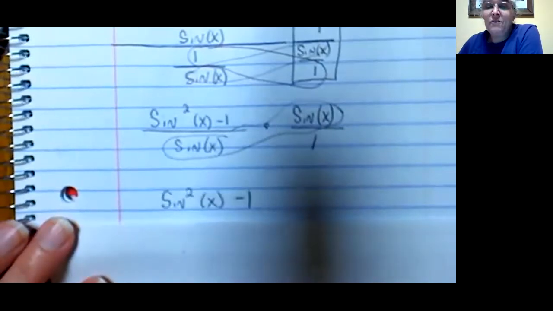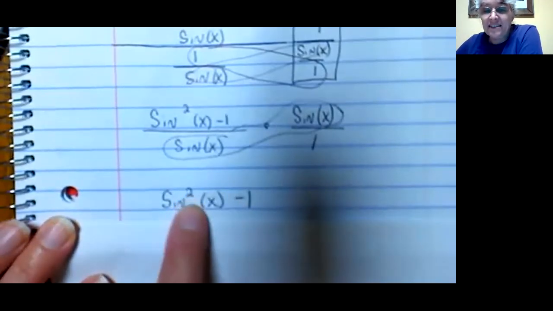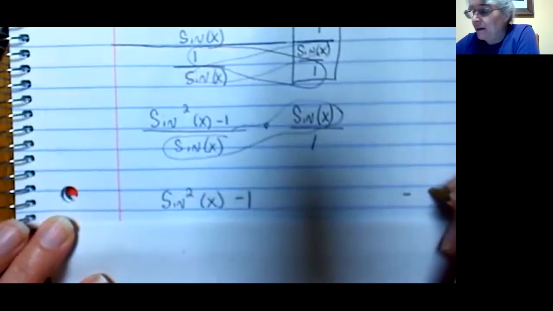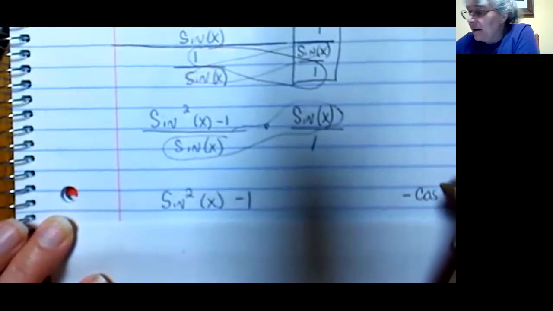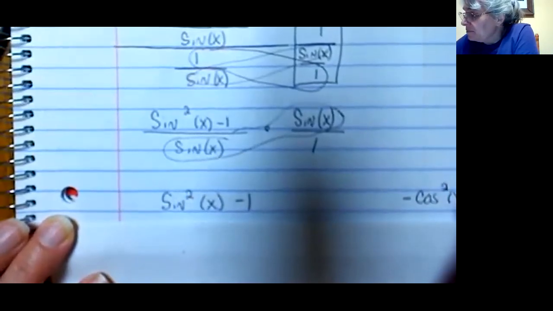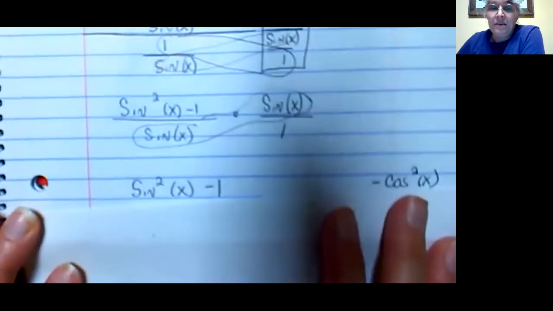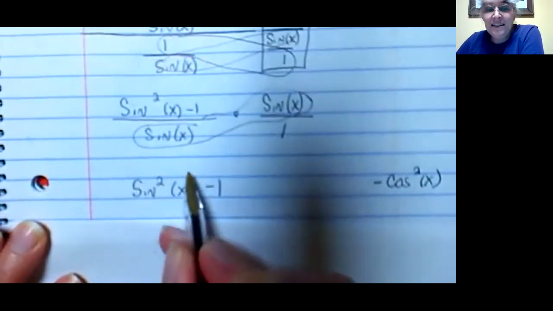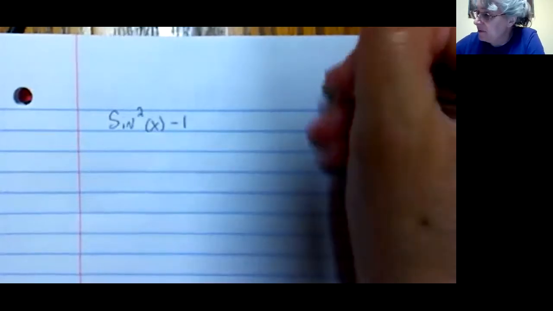And just as a quick reminder, we want to get this to look like this. I've just done several steps, but we're not there yet. Eventually, I'm going to turn this into this. Well, this looks kind of similar to an identity you guys have known. I'm going to turn the page here. Let's continue getting there. We have sine squared x minus 1. And what it looks like is we've had this identity,